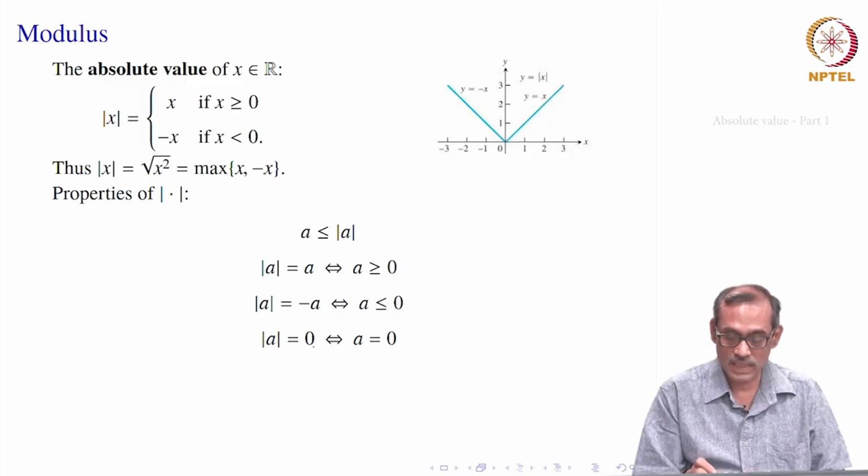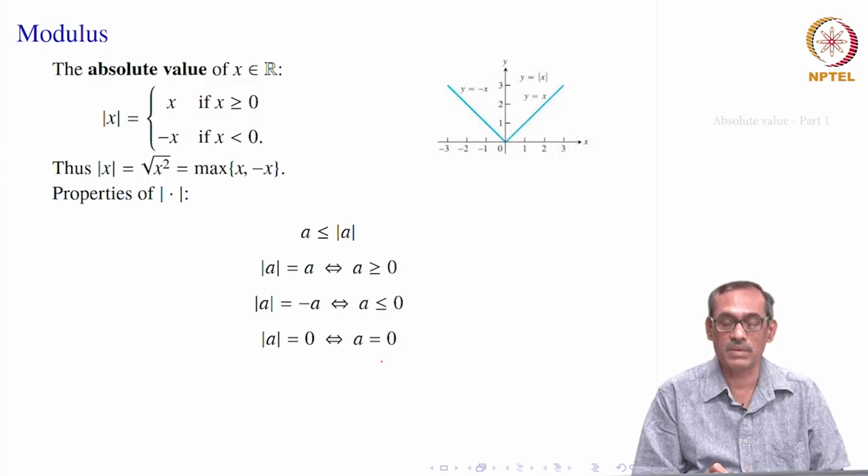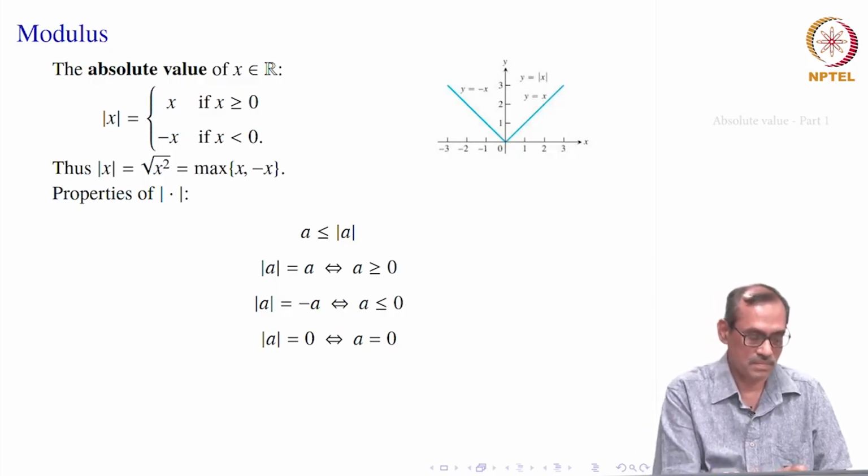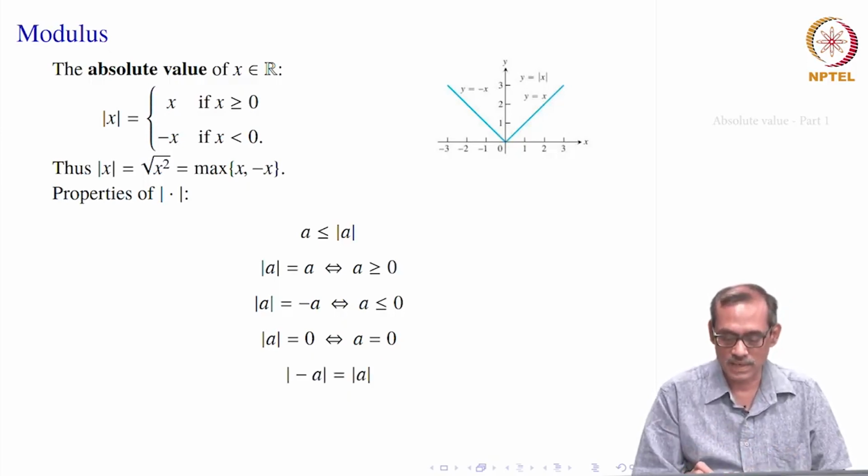And this is a very nice property, because sometimes we want to show that A is equal to 0, but it is not direct. We can go for its mod and show that mod A equal to 0, that will prove that A equal to 0. We will see such cases later.